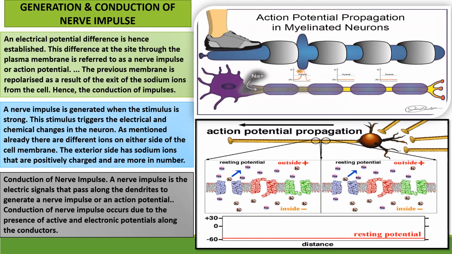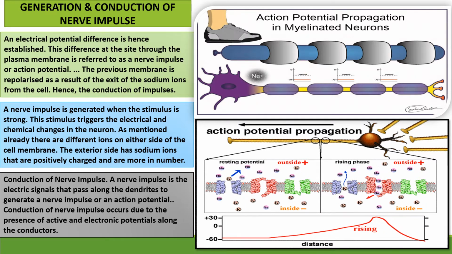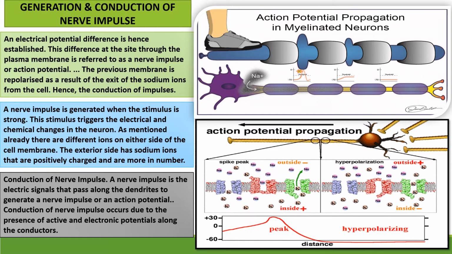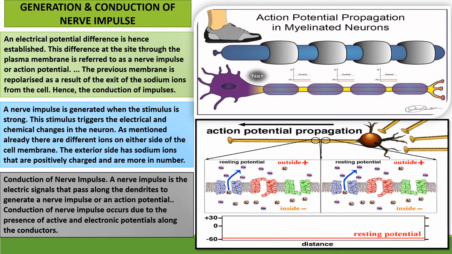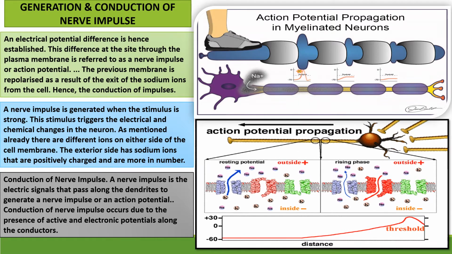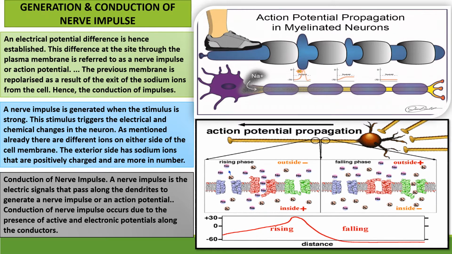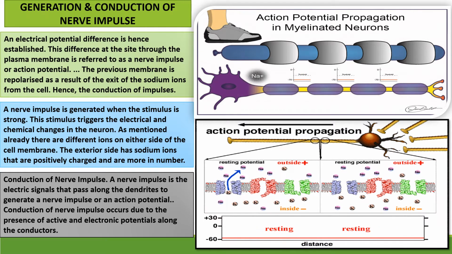Before starting this discussion, you have to know what a nerve impulse is. The generation of an electrochemical wave of depolarization, or action potential, due to the effect of a threshold stimulus, and the self-propagation of the wave along the neurolemma of the nerve fiber, is known as a nerve impulse.